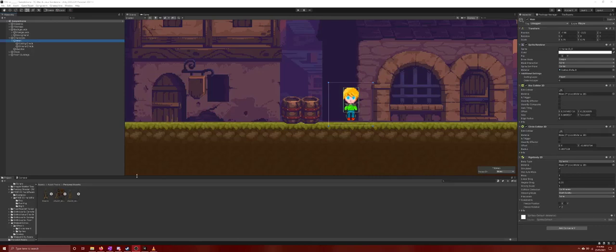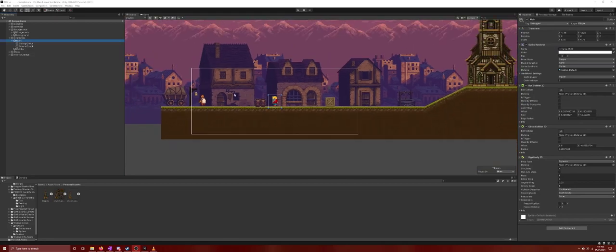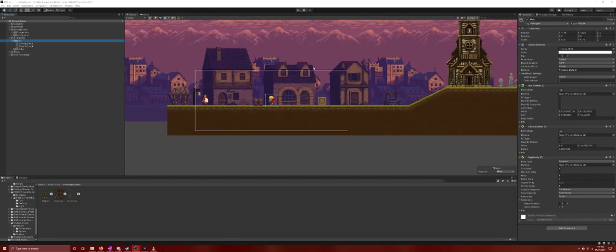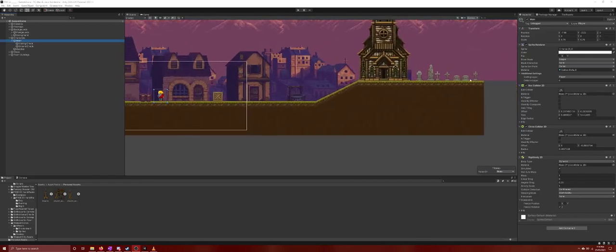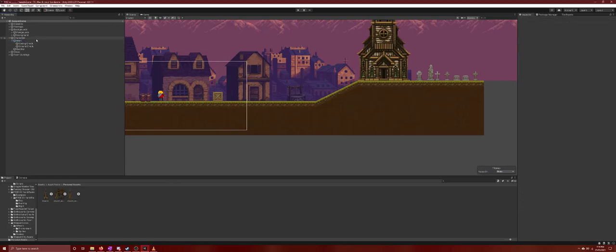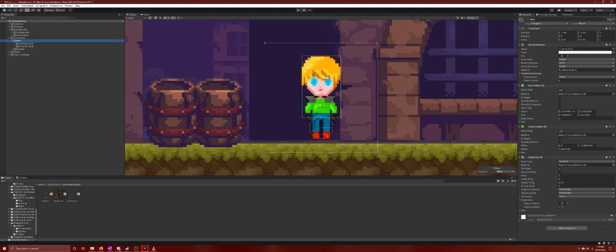Hey guys, welcome to our video on movement. We've got ourselves a bit of a town scene here with a backdrop, some mountains and the sky, and a church with a graveyard and some props and stuff like that going on. We've got our main character here with his two box colliders on him,